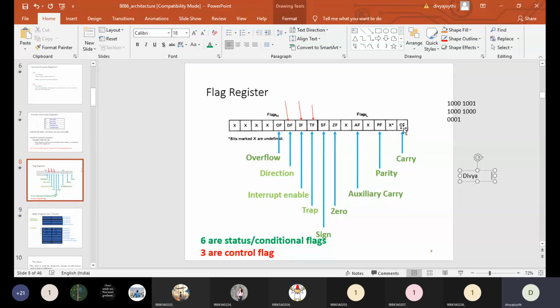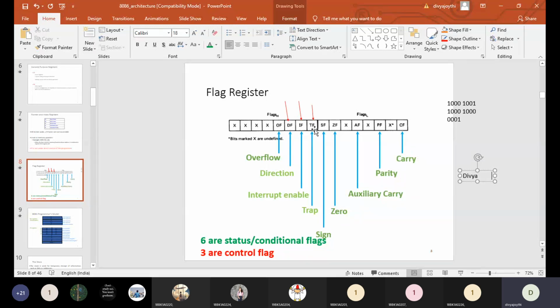In one minute: the carry flag will be set when a carry is generated in the result. PF will be set if there is an even number of ones. Auxiliary carry flag: if a carry is transferred from one hexadecimal digit to another, then AF will be 1. ZF will be 1 if your result is 0. SF will be 1 if your result has 1 as the MSB.